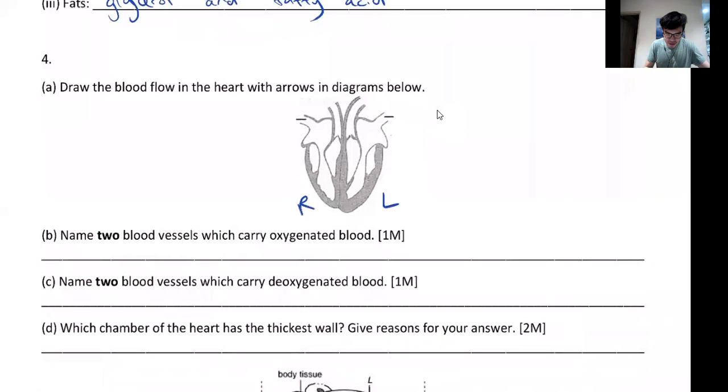So blood comes in here, goes down, and goes back up, exits the heart. Same thing on this side: enters, goes down, goes back up, and exits. Remember your heart, this is your vena cava, your right atrium, right ventricle, and your pulmonary artery. This is to collect blood from your body and go to the lungs to get oxygen. After going to the lung, the blood will come back through your pulmonary vein,